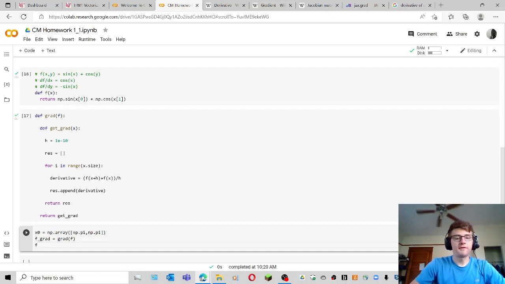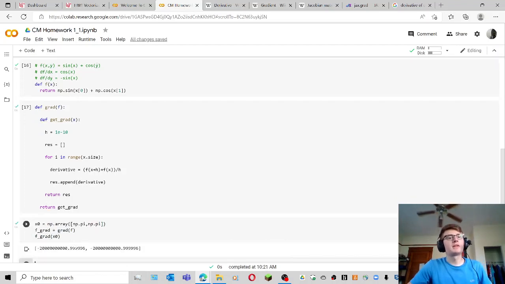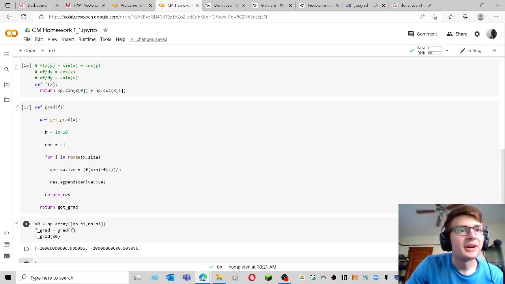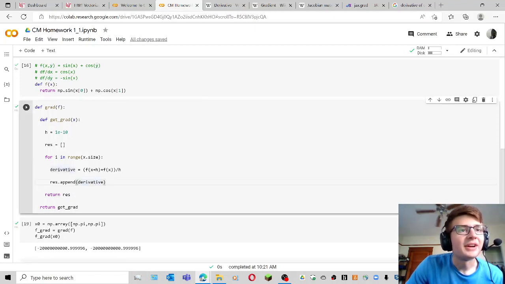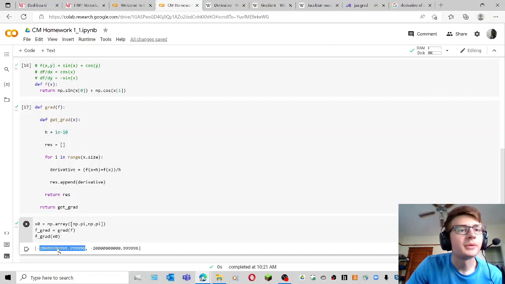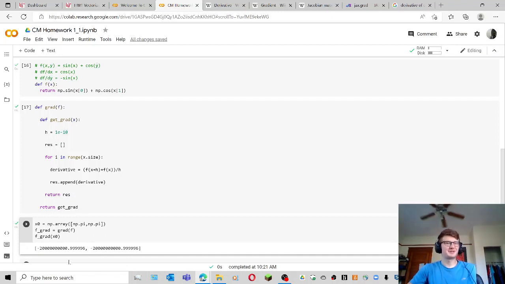So now I can go to f grad, and I can give it these initial conditions, right? And so I'll go ahead and run this. And I get numbers that super aren't correct. That's kind of funny. This isn't even what I was expecting to get. So, yeah, what's going on here? We got this derivative. H is a very small number. Okay. It's peculiar. I was expecting to get numbers like -1 and 0 or something like that, which still aren't correct, but okay. Huh. Well,